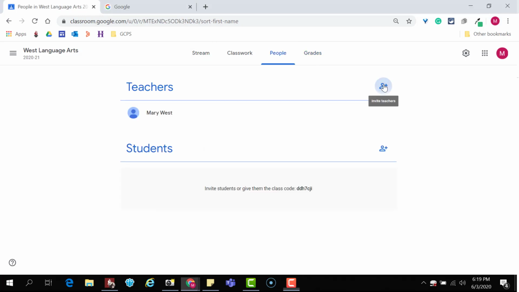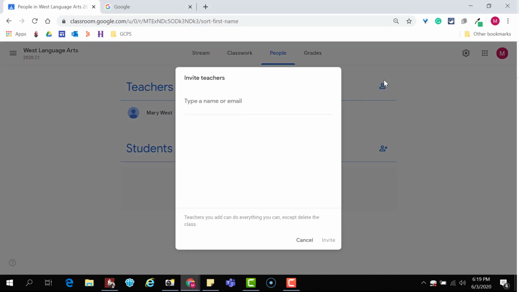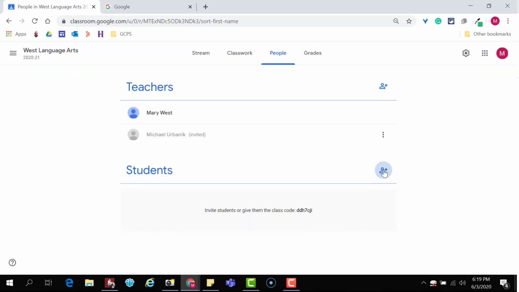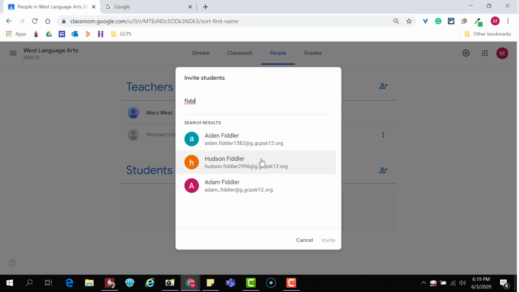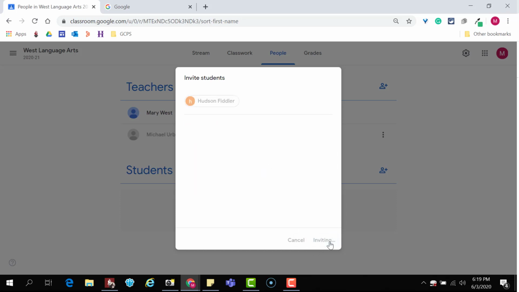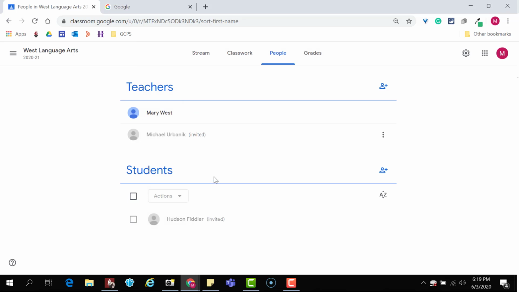From the People tab, both co-teachers in Classroom and students can be invited. Notice that accounts for adults do not have numbers, but accounts for students do have 4 digits at the end of the account. Make sure not to invite students to be co-teachers. People are not automatically added when they're invited, so you will see invited next to their names until they accept